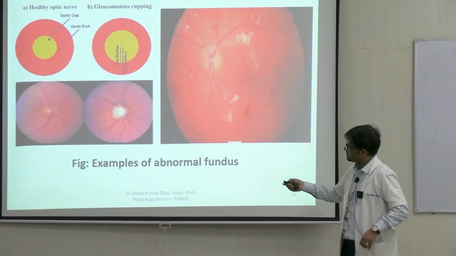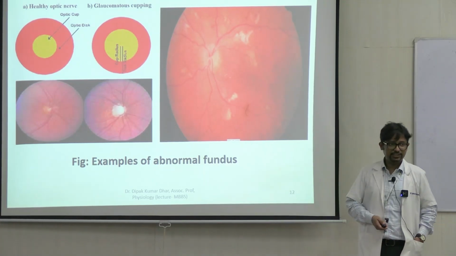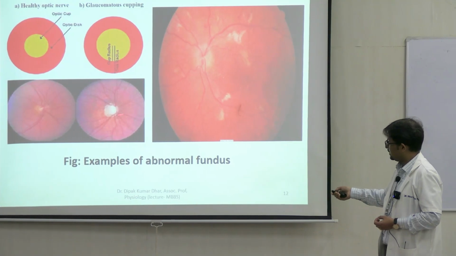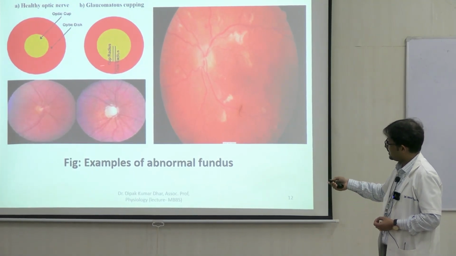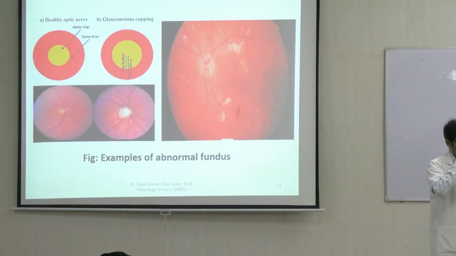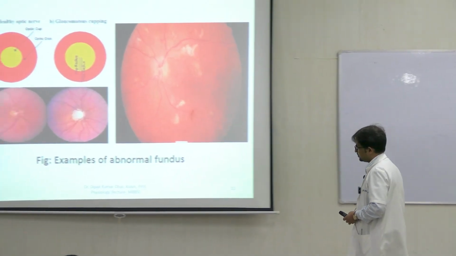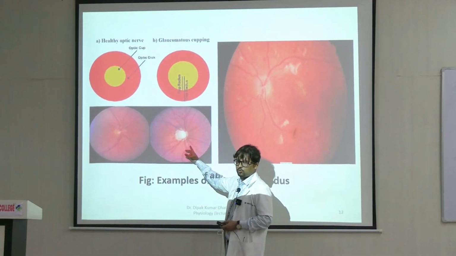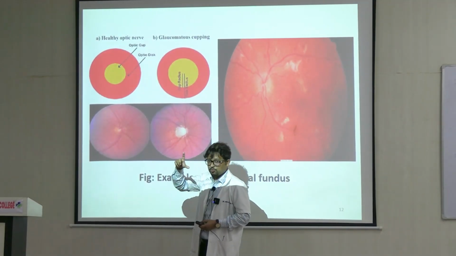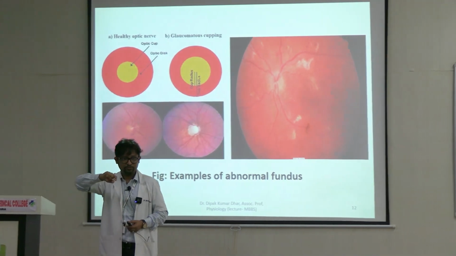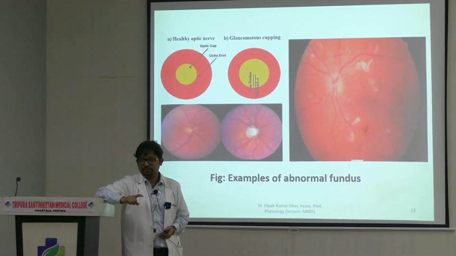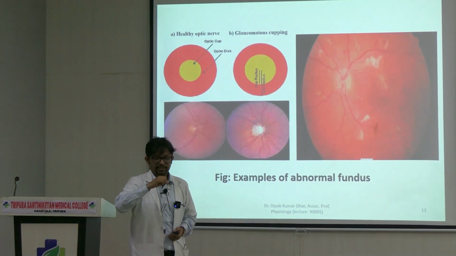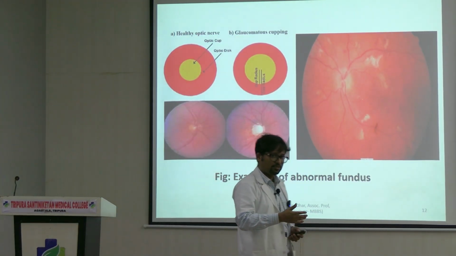What you see on this side is the middle area, the optic cup, that is the central part of the optic disc. This has become larger here, right? And the rim is reduced. This is what happens in glaucoma. In glaucoma, the cup to disc ratio: this is a normal one, this is what happens in abnormal states. In glaucoma the cup becomes more, the rim of the optic disc becomes narrow. This is one more important indication for doing fundus examination. And glaucoma, as I had said the last day, is a neurodegenerative disease which we cannot cure.